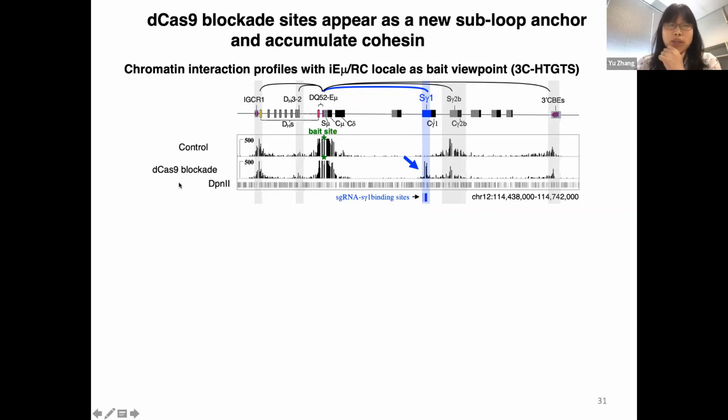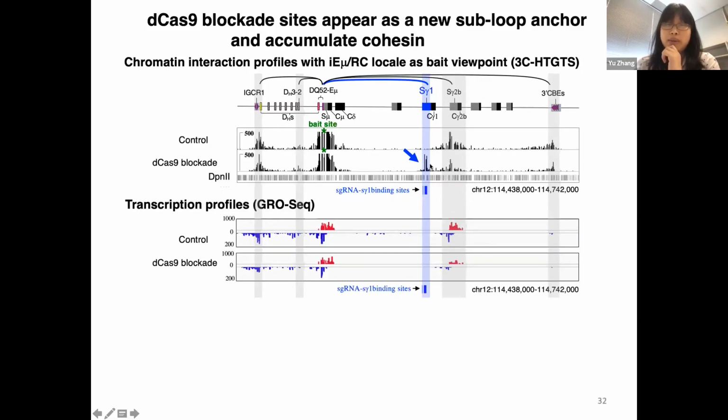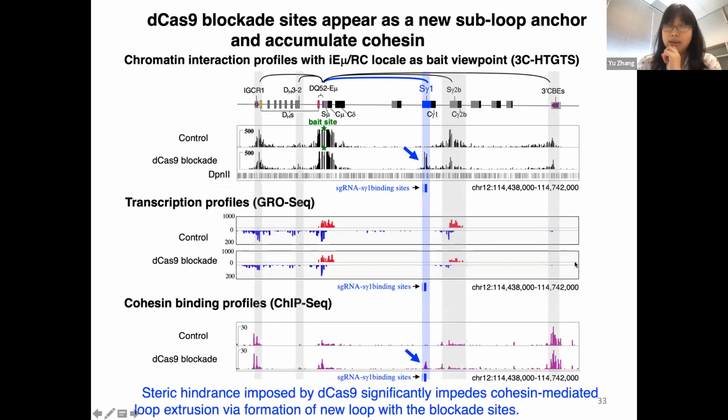However, upon introduction of the Cas9 blockade, there actually appears a new interaction peak around the blockade site at S-gamma-1, but correspondingly, there is a significant decrease of interaction at the downstream regions. And the appearance of this interaction peak in the Cas9 blockade strain is not due to a transcription increase, indicating it's a transcription-independent mechanism. And also importantly,